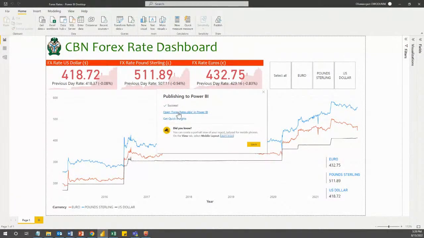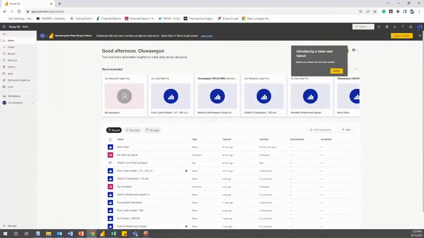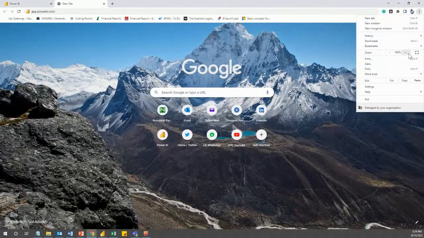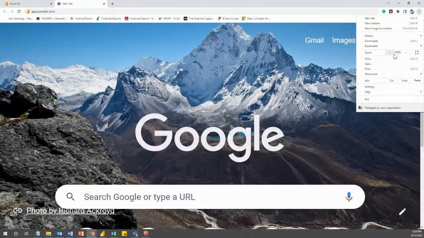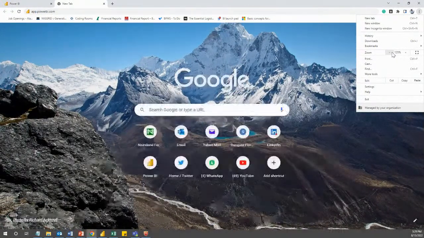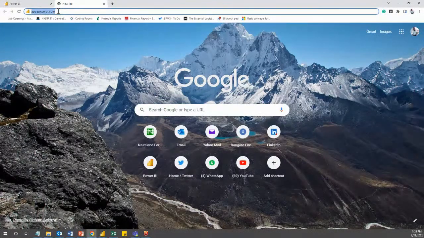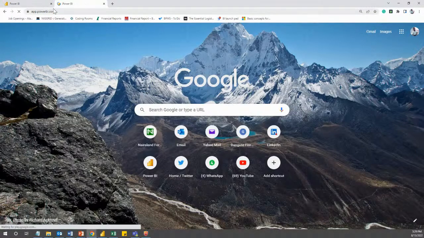I can open it from here, or get quick insights, but I don't want to do that. Instead, I'll head up to app.powerbi.com so you can see some of the things I've been talking about. Let me just type app.powerbi.com again, and once I click on it,